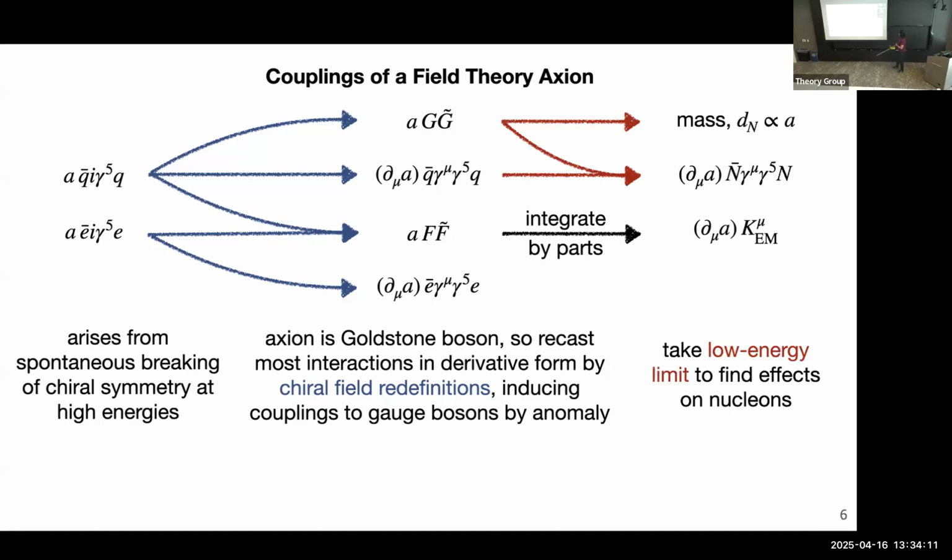And then finally, usually we're talking about what's happening at low energies. So these are couplings to quarks and gluons. We actually care about nucleons and electrons. So then take the low energy limit and we get this. Let me actually change the zoom thing so I'm not showing, there we go. So the point of all this story is that the details aren't that important.